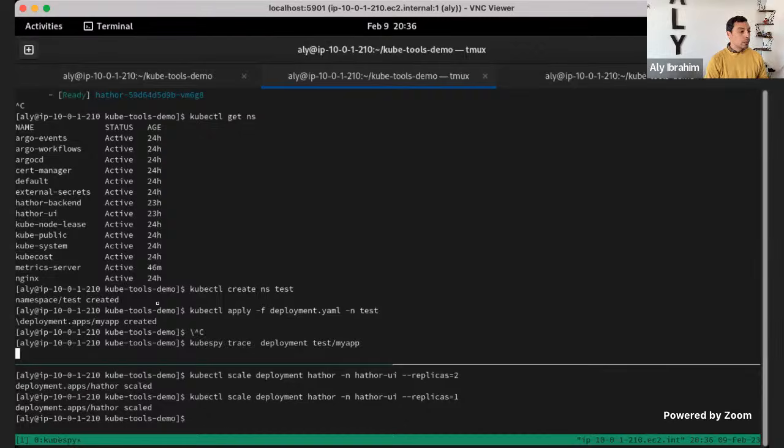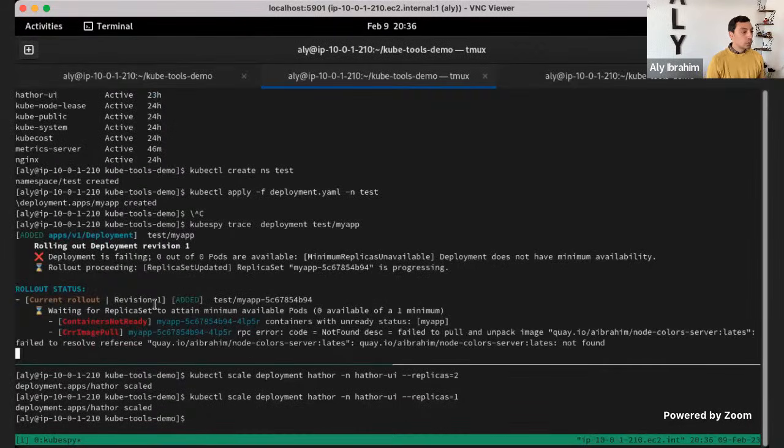So it's tracing that, and it will show, for example, that something is wrong: the container is not working, the image is not working.